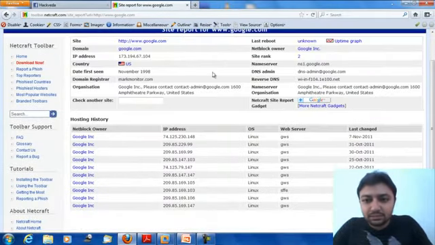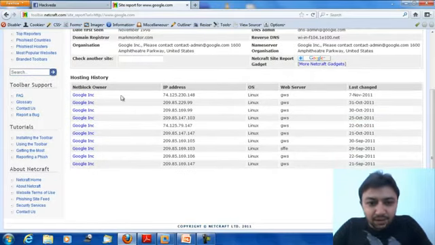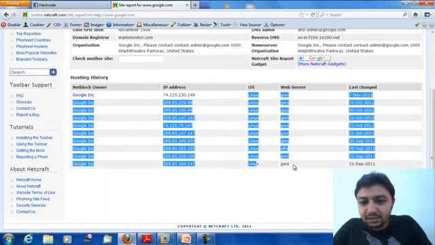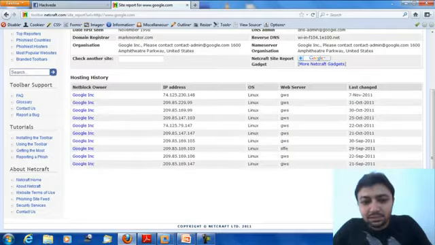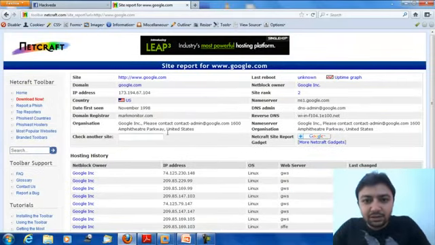And here you can see the site is this. Here is the domain IP, which is on Cloudflare because Cloudflare gives this type of IP. Another site, here it is, and these are the IPs. The operating system which is running is Linux. The web server is the Google web server, and these are the changes incorporated.